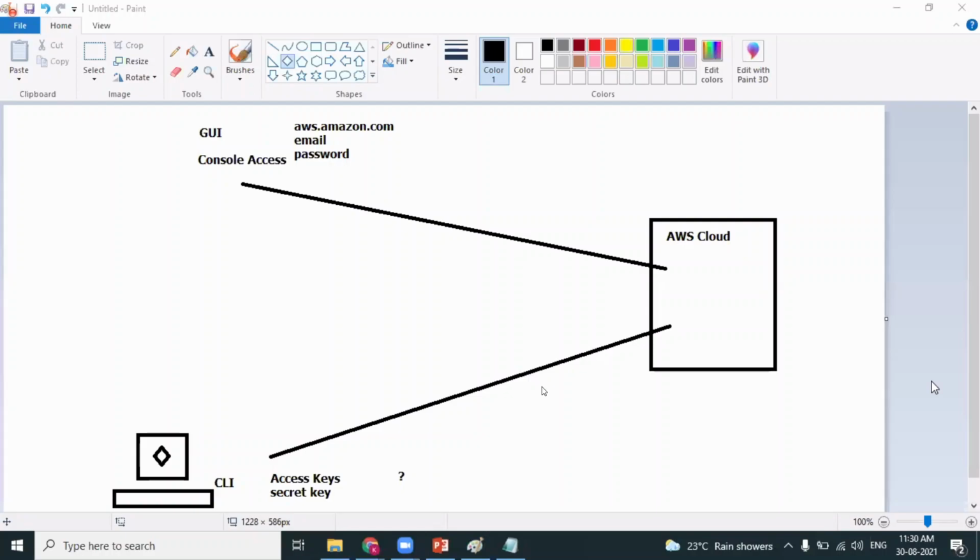In fact, there are many people, network administrators and system administrators, who are very comfortable with Linux commands. They feel that when the volumes are high, the command line interface is much more comfortable. I have seen experiences where the command line interface becomes more handy than the console access. Got it.